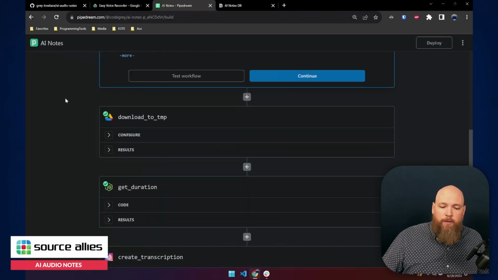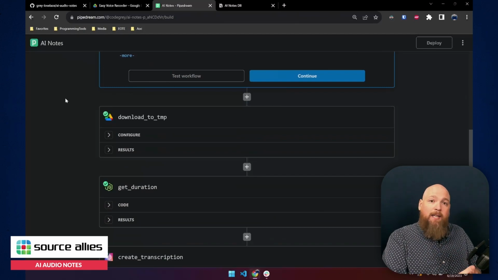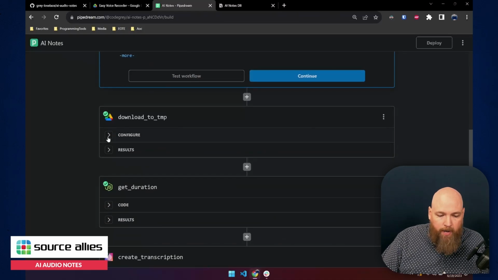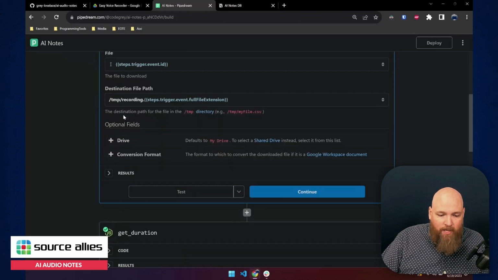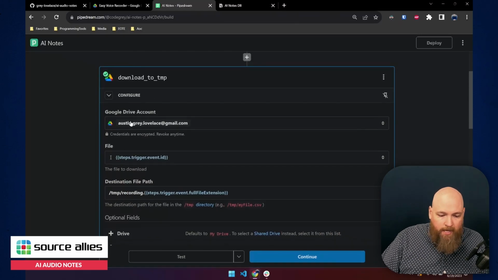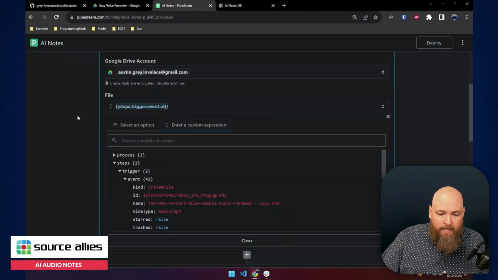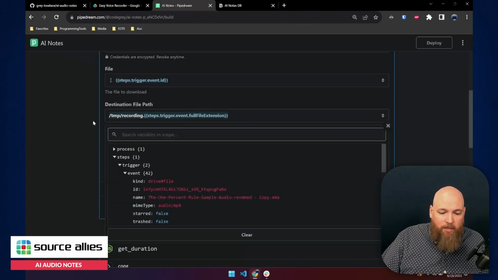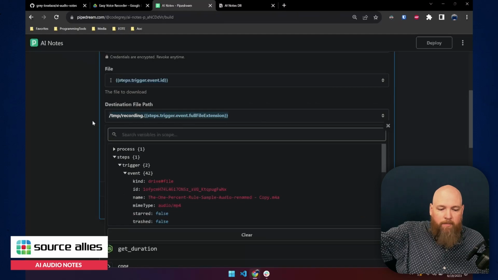Next, after we have that trigger, we actually need to download that. Otherwise, we won't actually be able to get to the content of the file without authenticating every single time. So we're going to download that to a temp directory. And this is very, very simple. You just follow up and you say, hey, there was this trigger event ID right here. And then right after the trigger event ID, we're just going to give it a destination file path and name. So every single time this happens, we're just going to download that file into